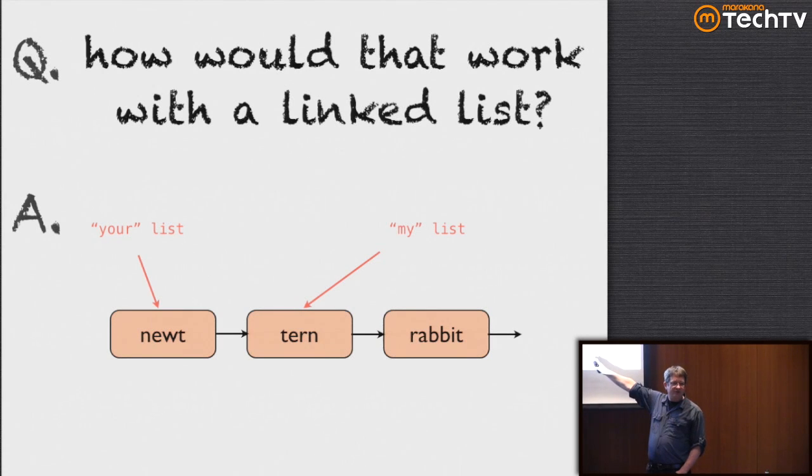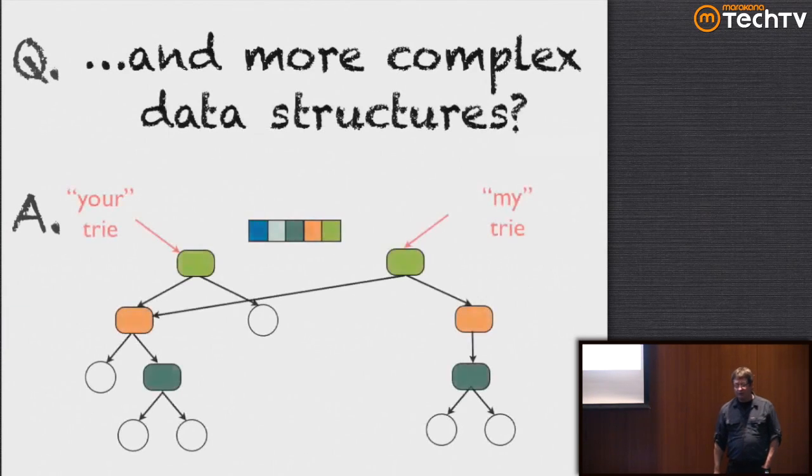It's perfectly safe to share this data structure if you can assume that every one of these elements is immutable and can never be changed or deleted. So that works perfectly great with lists. What about more complex things like trees? You can do the exact same things with trees. In fact, there's some really deep computer science in Clojure based on some studies of red-black balanced trees. That's how this is implemented underneath.